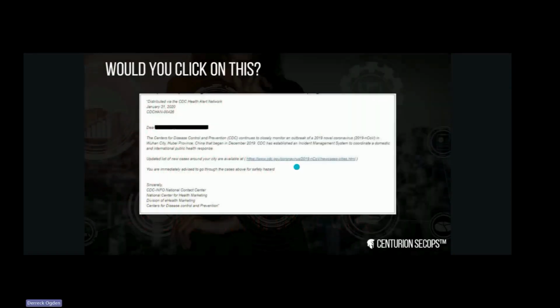So, all right, let's look at some of these. These are mainly from the pandemic, because there was a lot of this stuff going on back then, focused on the coronavirus notifications from the CDC, a lot of fake domains that were really close to governmental agencies, spelled slightly different. So, is this something that you're going to click on? Probably not.